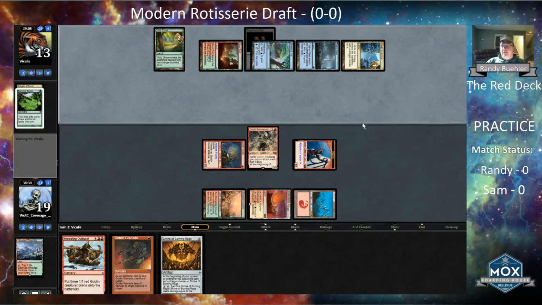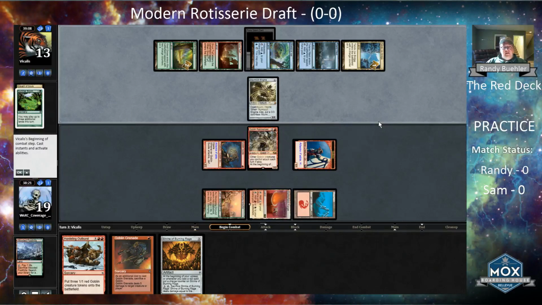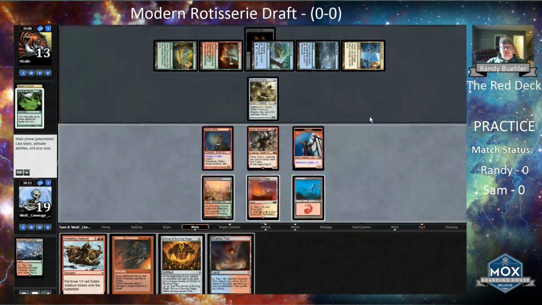This is not the Gauntlet of Greatness. I will be playing the Gauntlet of Greatness match for this week tomorrow. This is a bunch of guys on the coverage team, and 8 of us put decks together. We've been drafting it over the last couple of weeks, and Sam's going to crunch me with stupid Worm Coil